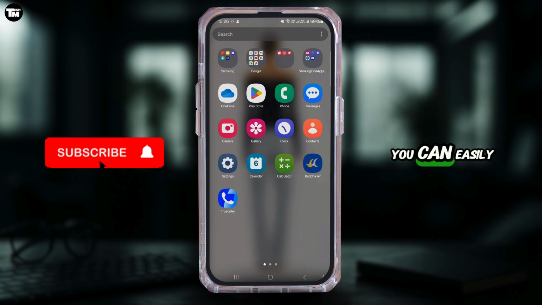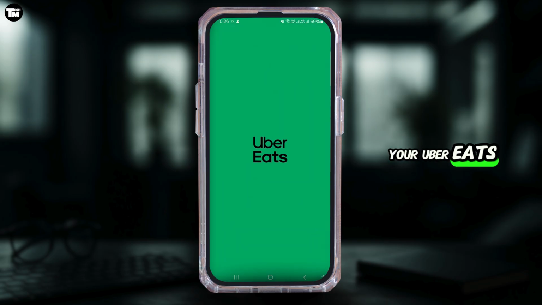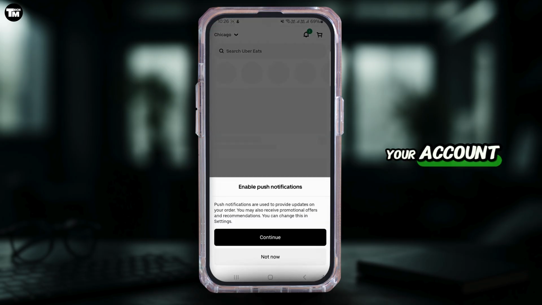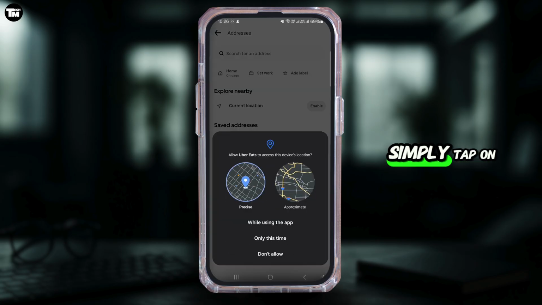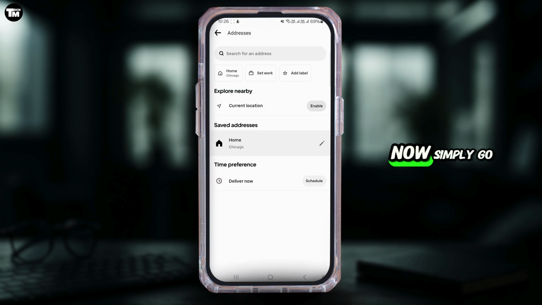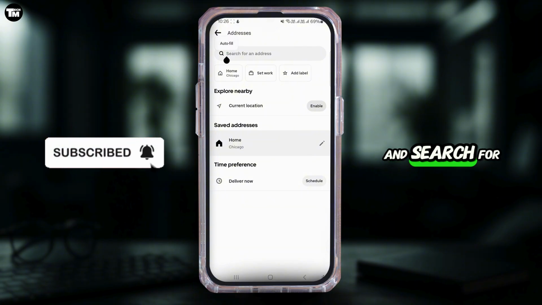So here's how you can easily change your delivery address on Uber Eats. For that, you need to go ahead and open your Uber Eats application and log into your account. Now in the top left corner, there you will see your location. Simply tap on it. Now, simply go ahead and use the search bar in the top and search for an